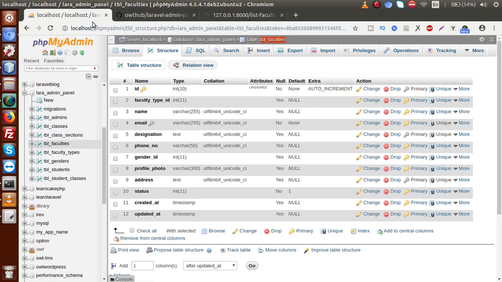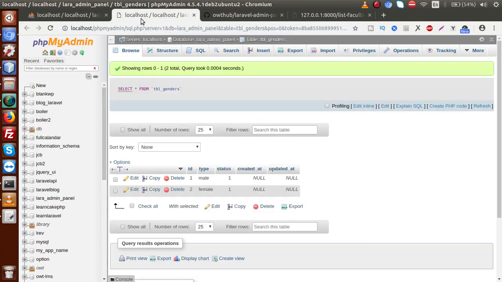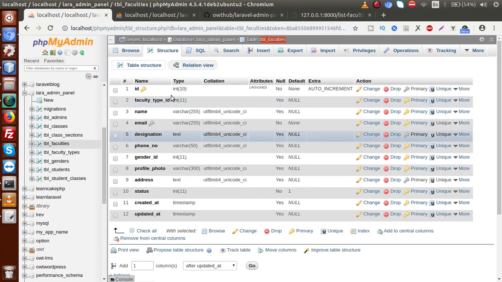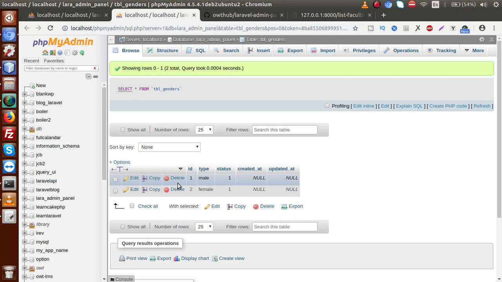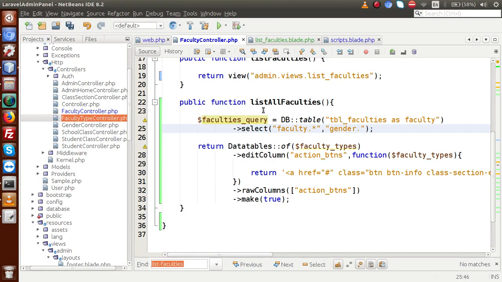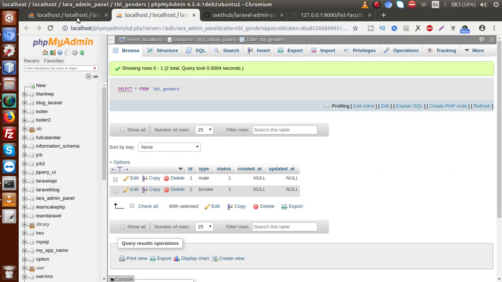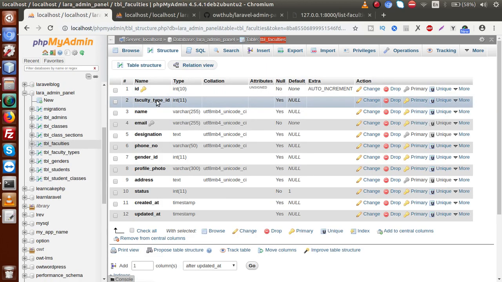and also we want to select about gender dot. If I go to the database table, let me open another table inside the next tab, something called tbl_genders, because this is the genders with their ID inside this table. Inside this there is something called gender ID. This gender ID contains one of the IDs, like male and female respectively. So from this table we want this type. So go to the editor, gender.type, and also if I go back again,